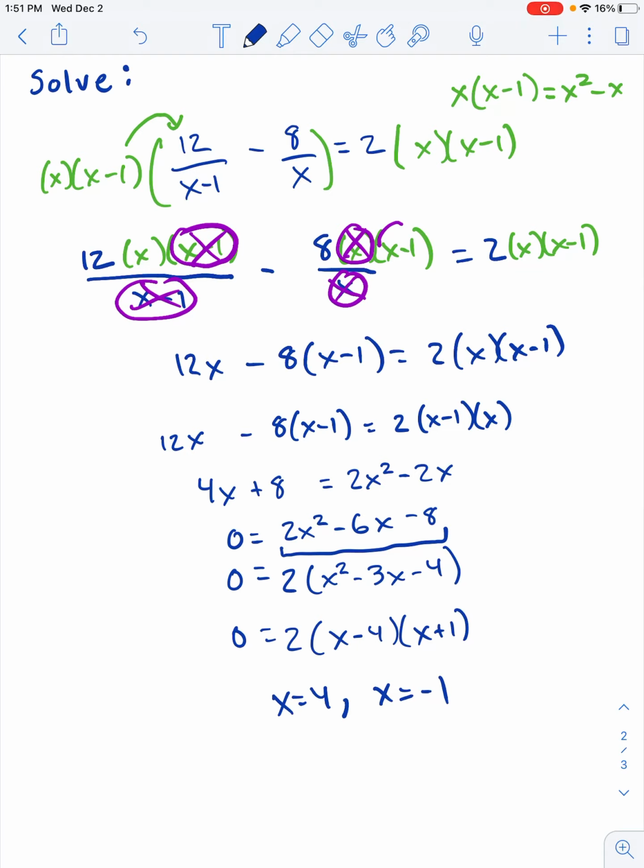So summing up, what you do is you look at all of your different denominators, find a common factor of them and multiply it, and then multiply by that common